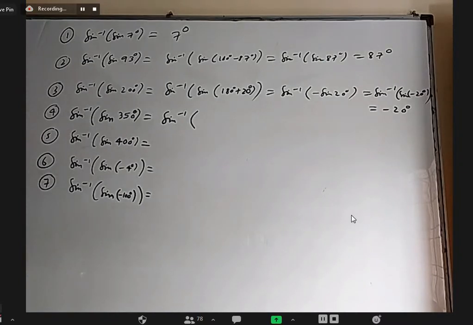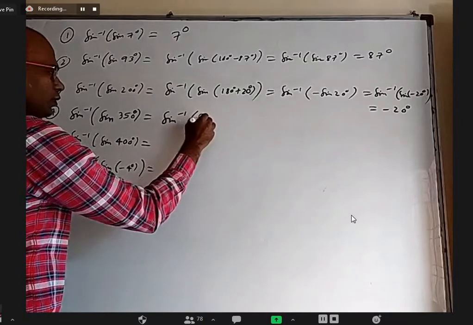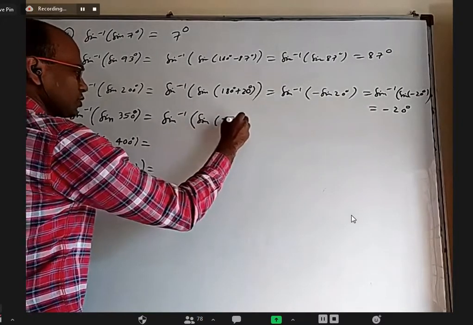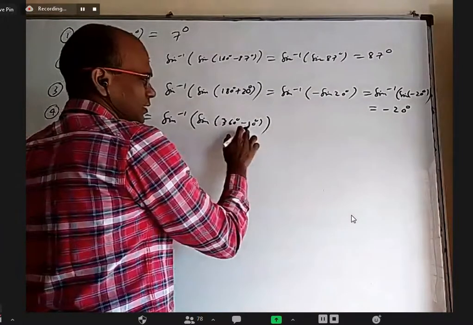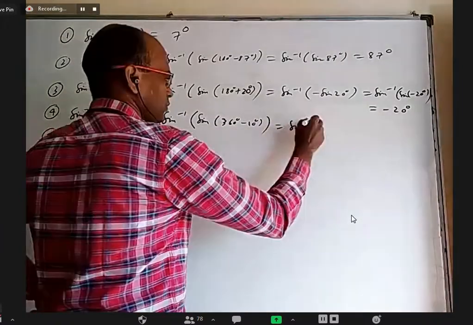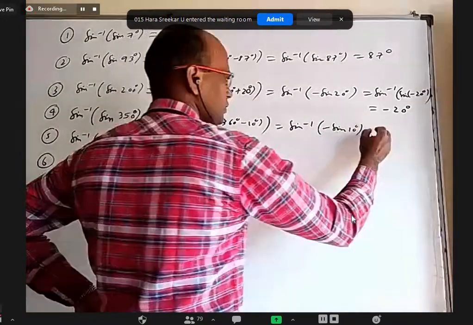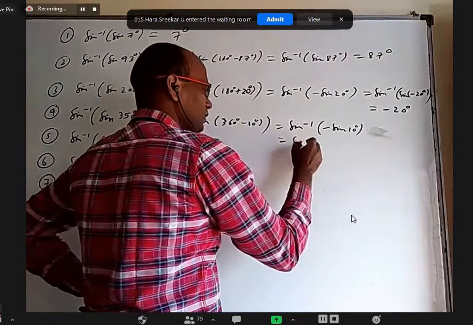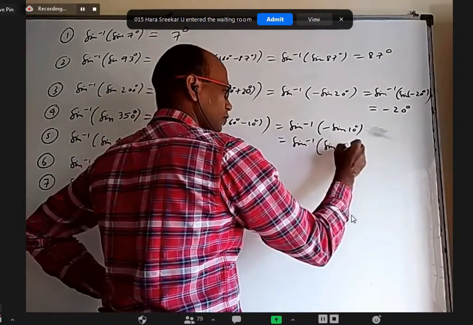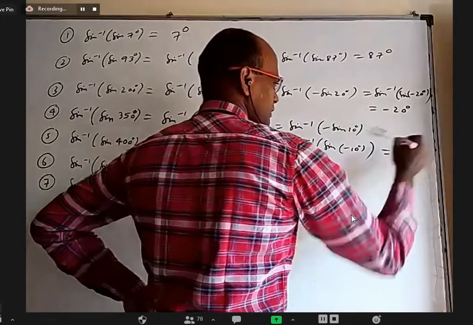So 7th one I'll solve it. Okay. 350 degrees, fourth quadrant. Anyway, this is not within the principal value. So first of all, you're supposed to write it as 360 minus 10. And sine 360 minus theta is minus sine theta. Because sine inverse minus sine 10 degrees, I can take minus inside this. It will be sine inverse of sine of minus 10 degree. Now this is within the principal value, so we can write minus 10 degrees.